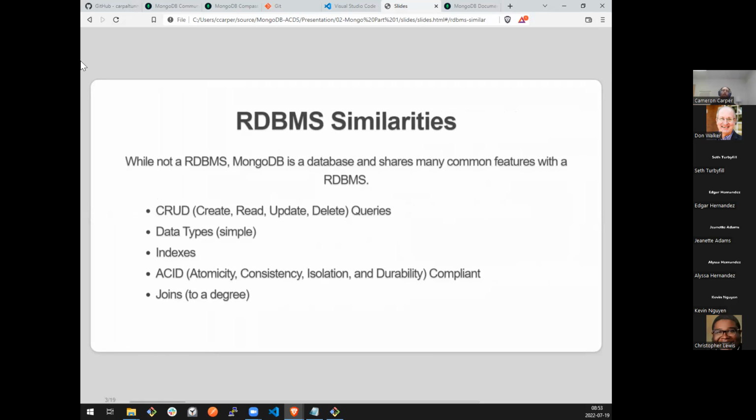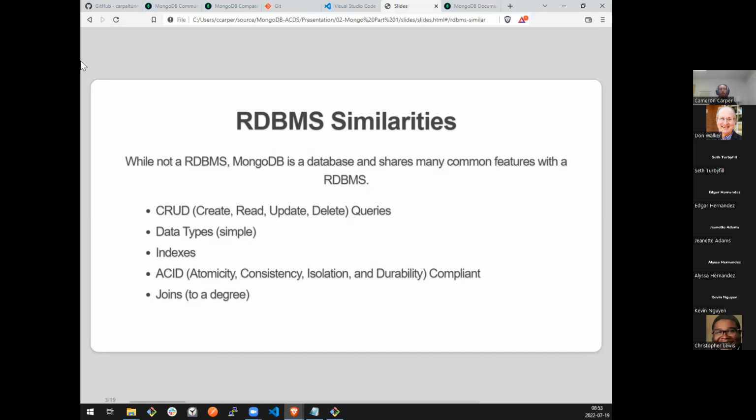So those are the things that are different than a relational database. It was primarily terminology and some of the basic structure of how it works. But it being a database, there are several similarities between Mongo and a relational database management system. First, which you can probably assume, is we have our basic CRUD. We can create or insert new records. We can read or query those records, or documents in Mongo's case. We can update them and we can delete them. So nothing crazy there. The general interaction of how we deal with the database is exactly the same, just the way we actually make that happen is different.